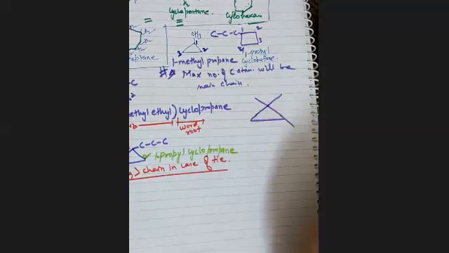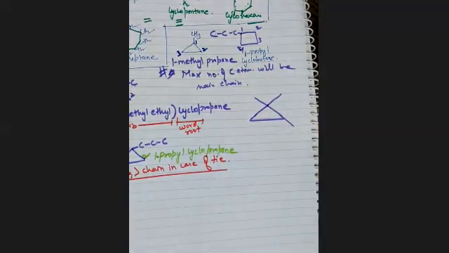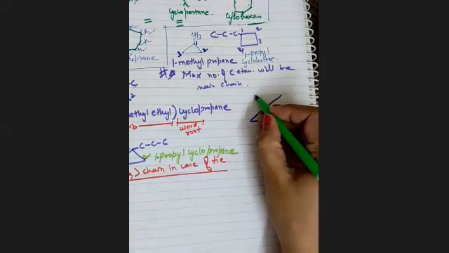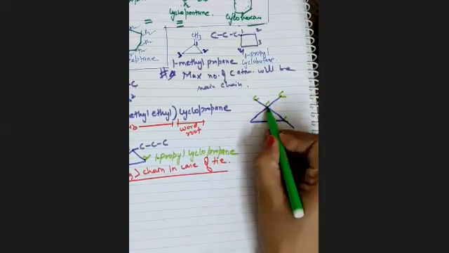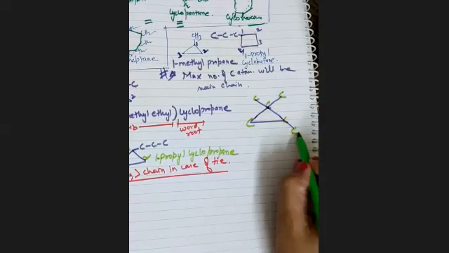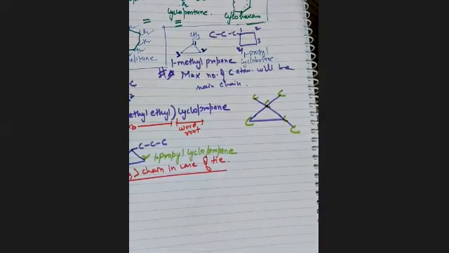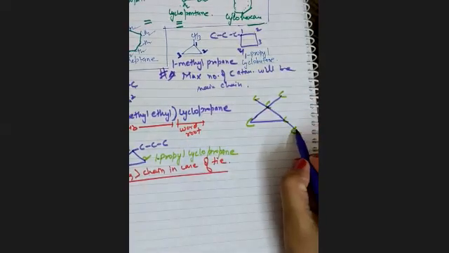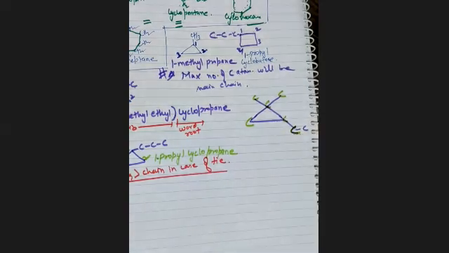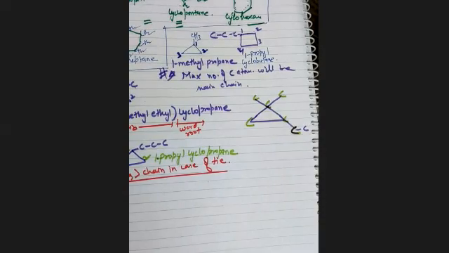Sometimes they just give you like this. They'll not mention any carbon, hydrogen here. So how many carbons? 1, 2, 3, 4. Every point is considered to be carbon. Every joining, every point will be considered as carbon. So this is the carbon. Okay, let me just make it more complex. 1 carbon, and I am attaching 1 more. So at this time, what will be the nomenclature?